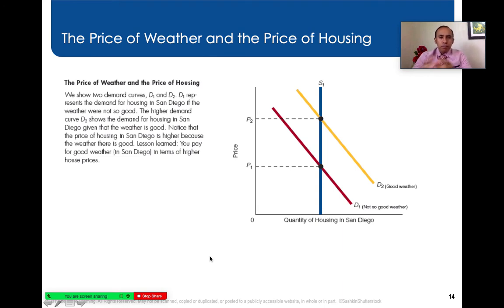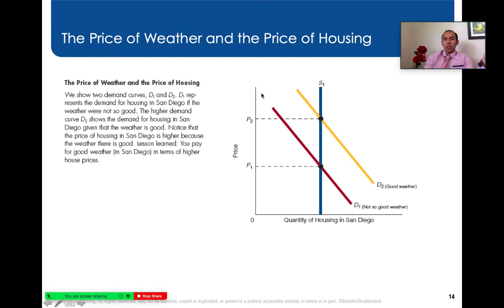So let's take a look here. We have our supply and demand model illustrating the supply of housing, the demand for housing, and the price of housing. Price is on the vertical axis, quantity of housing on the horizontal axis. So we have the supply curve, which is the supply of housing in San Diego, Southern California. The supply of housing is limited, it's vertical, it's fixed here due to the availability of land, and housing takes time to build. So we have a limited supply of housing and our equilibrium price with the demand with decent weather, not so good in a different location here. But since we're using San Diego,